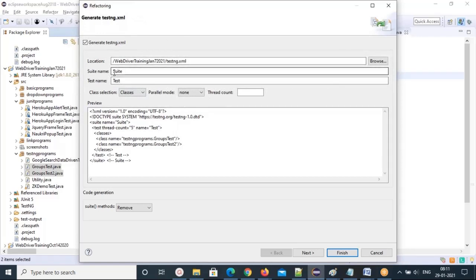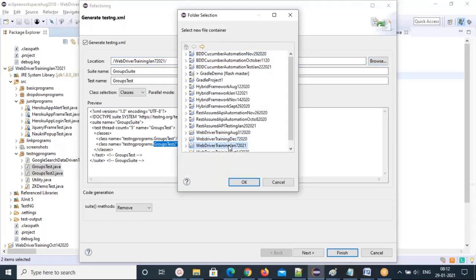I'm giving my suite name here, groups suite. Next one, groups test. See that those two classes are shown here. Now I'm going to change my XML path under the same package, the TestNG programs package.